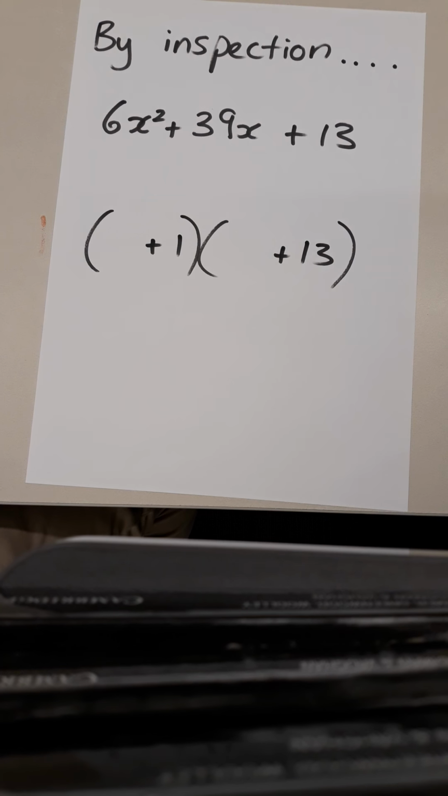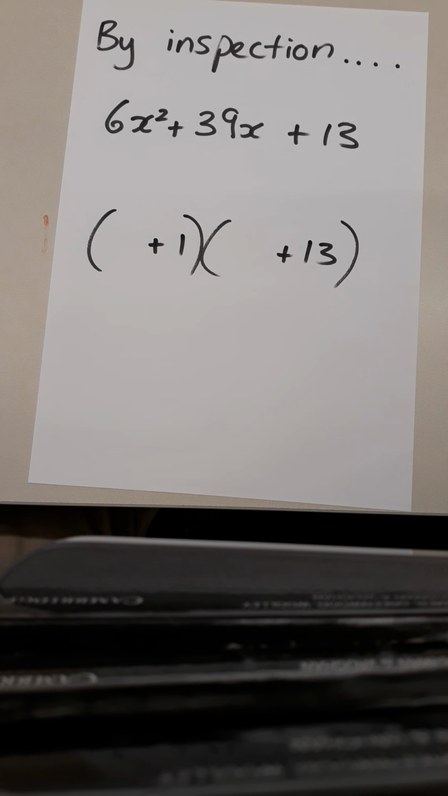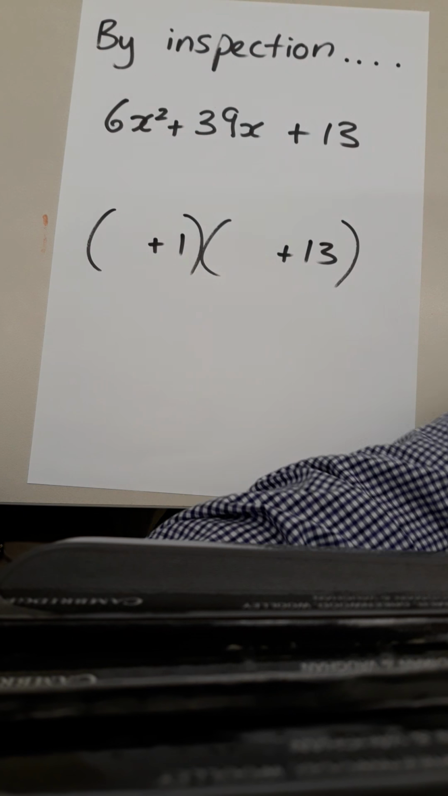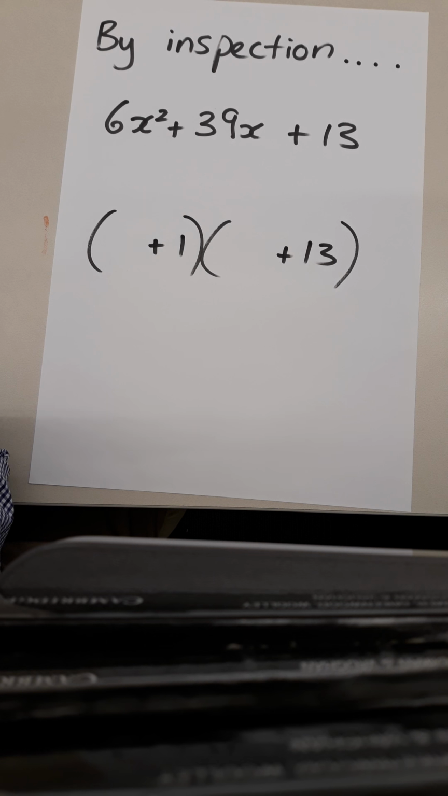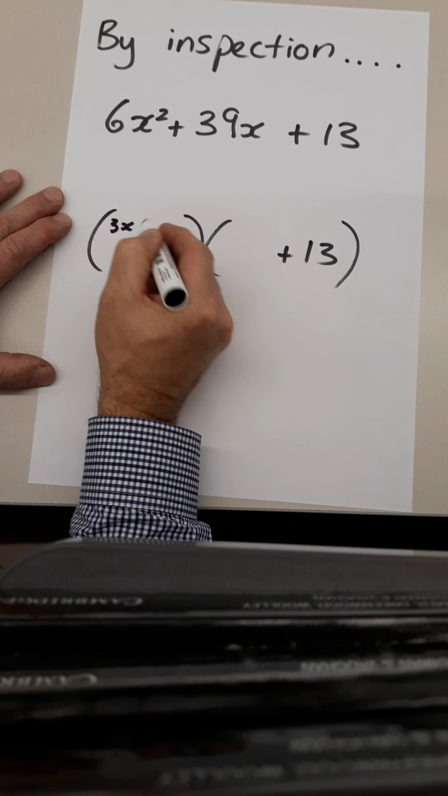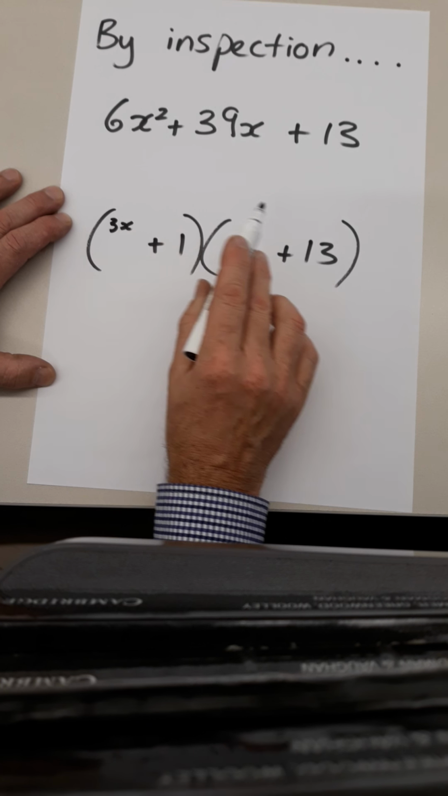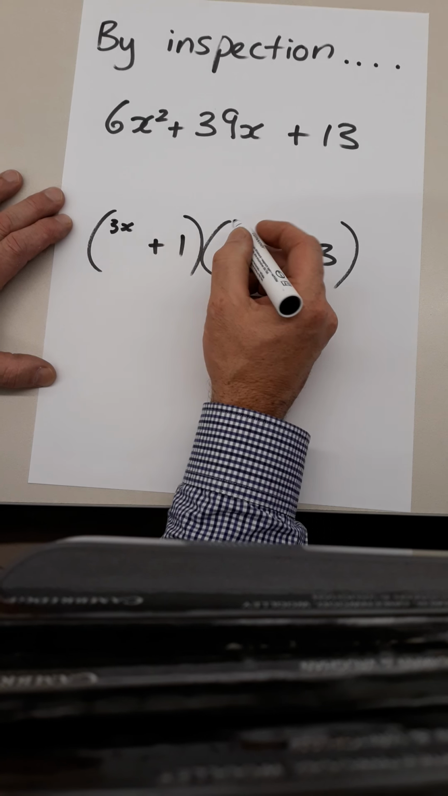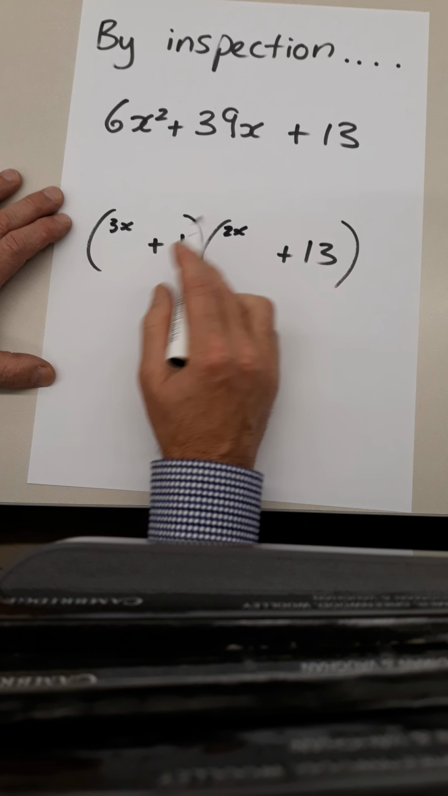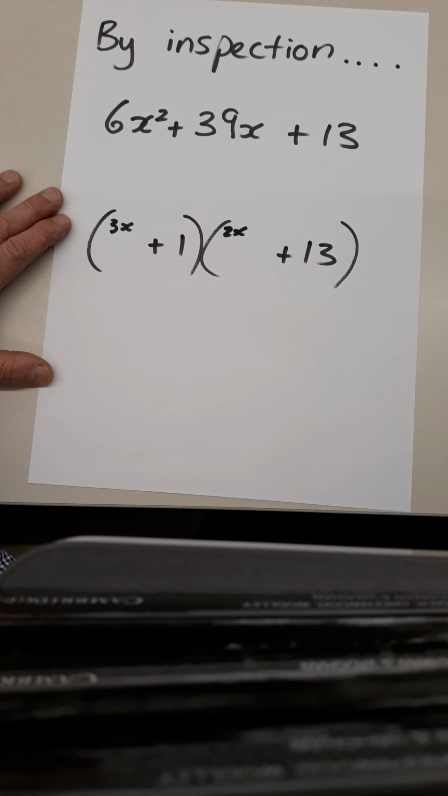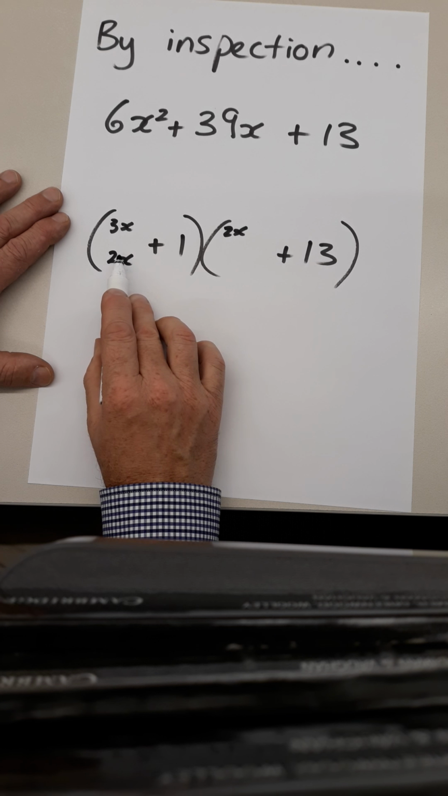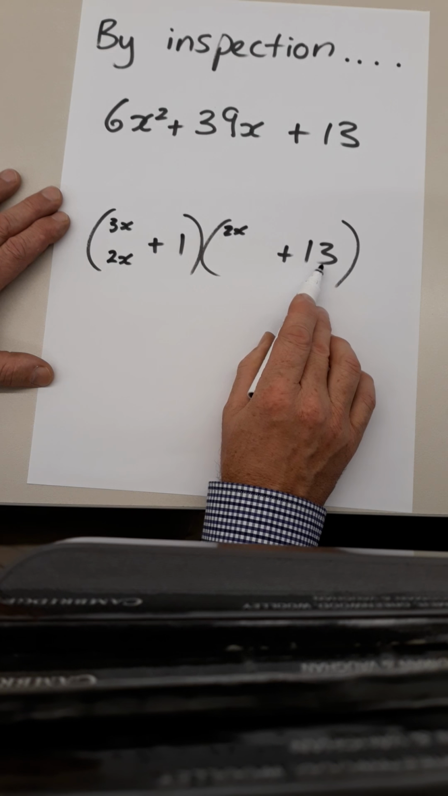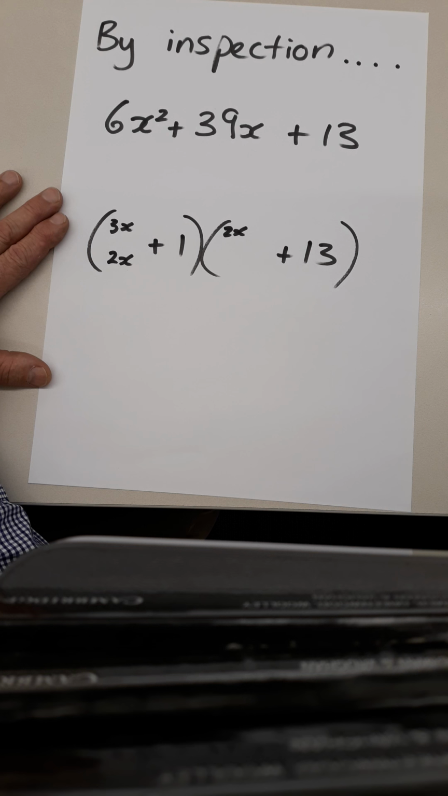Generally, common sense will help you with such an inspection if that's required. So let's try 2x and 3x. If you put 3x in this one, 3x times 13 will be 39x. And you'll have another 2x later on, so that's going to be too many. If you put 2x in here, you'll get 2x times 13 is 26x